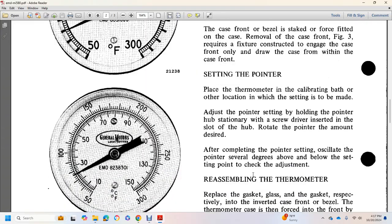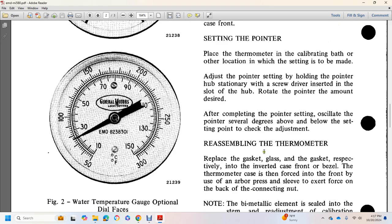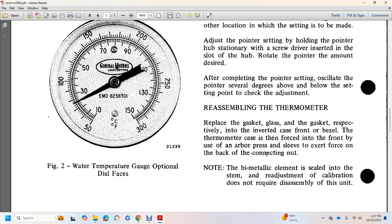Place the thermometer in a calibrating bath or other location where the setting is to be made. Adjust the pointer setting by holding the pointer hub stationary with a screwdriver inserted in the slot of the hub. Rotate the pointer to the desired setting. After completing the pointer setting, oscillate the pointer several degrees above or below the setting point to check the adjustment. Reassembling the thermometer, replace the